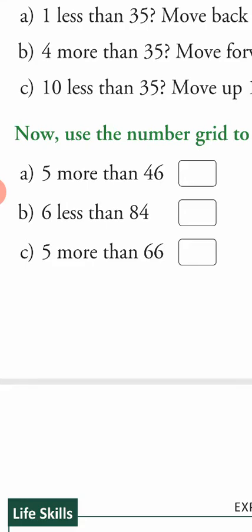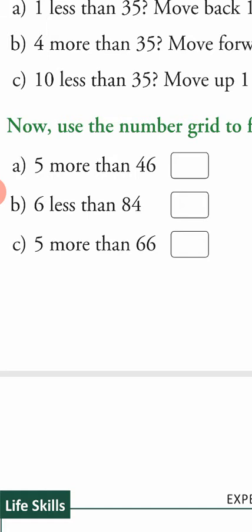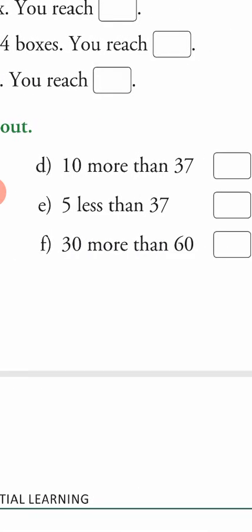Next, again some parts are given here. By using this number grid, you have to find out 5 more than 46, means you will move forward. 6 less than 84. So here what you will do, you will just move back, because more stands for plus and less stands for minus. Again in C part, 5 more than 66 means 66 plus 5, that means you have to move forward. And in D part you can see you have 10 more than 37, again you are to move forward, or